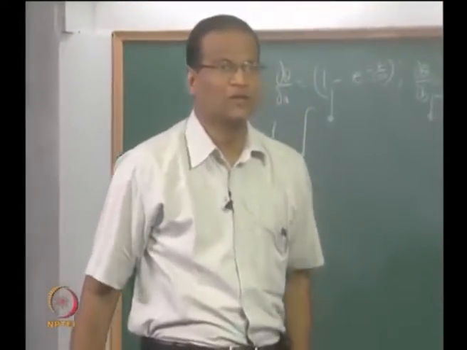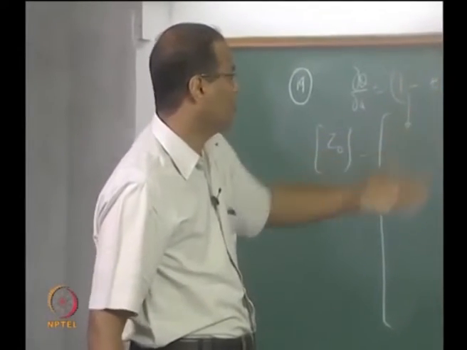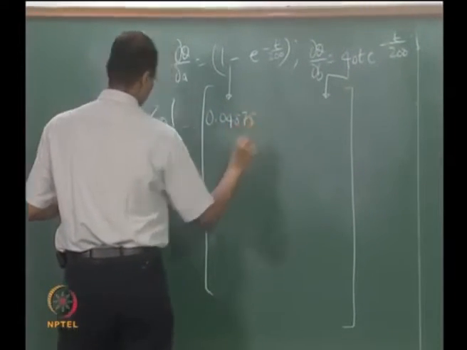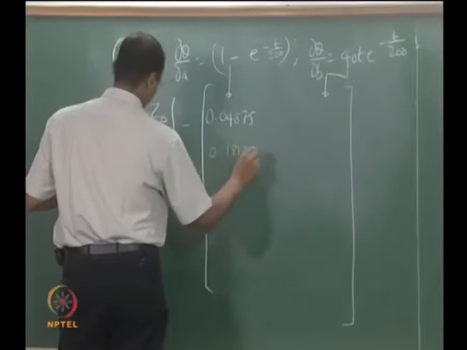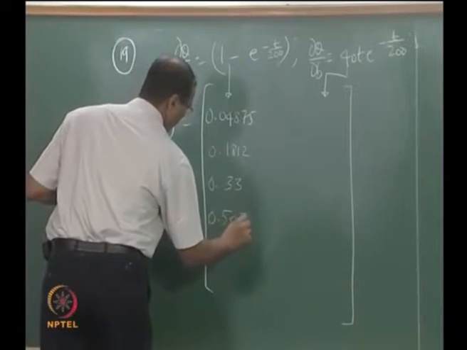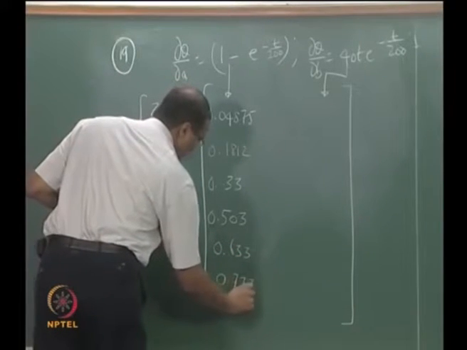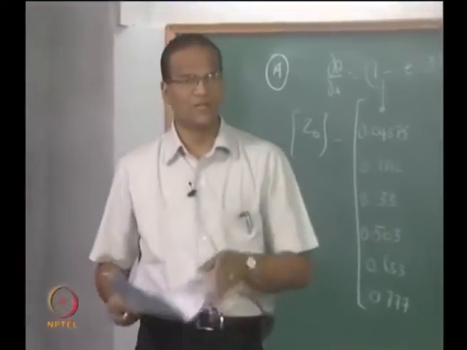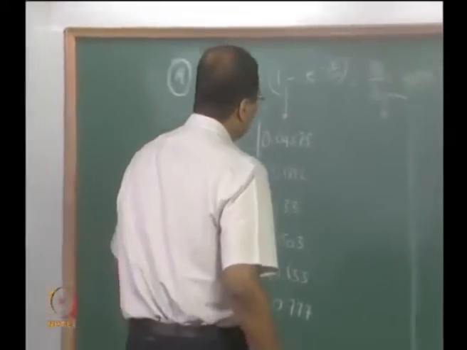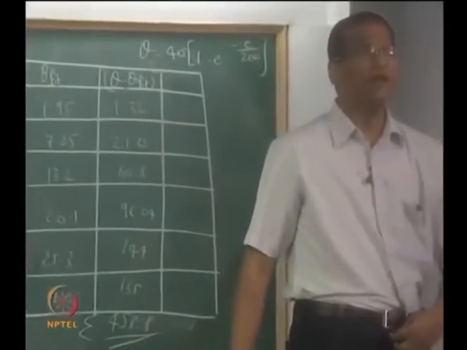Okay. So fill out the values using the appropriate value of time: 10, 40, 80, 140, 200. So if you do that, you will get... please correct me if I make some mistake. Alok, you are doing? You can just check for 2 or 3 values. Fine. All of you should get this.